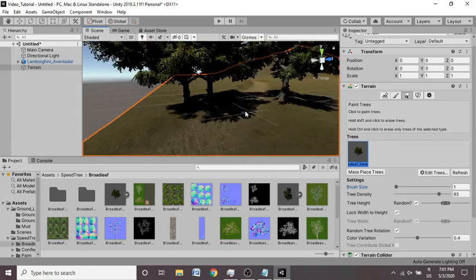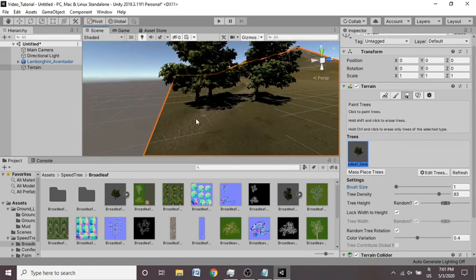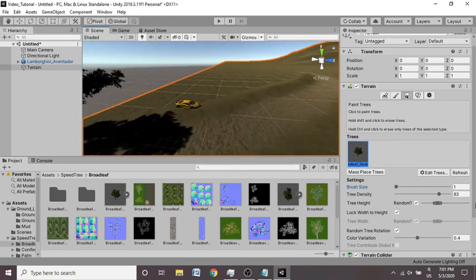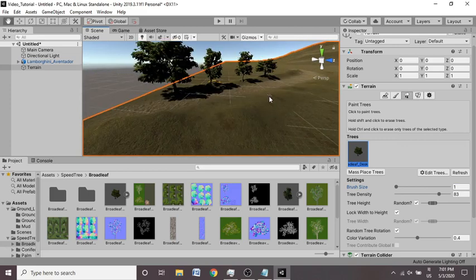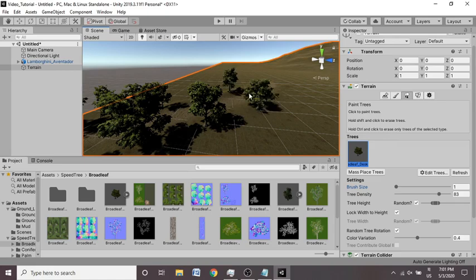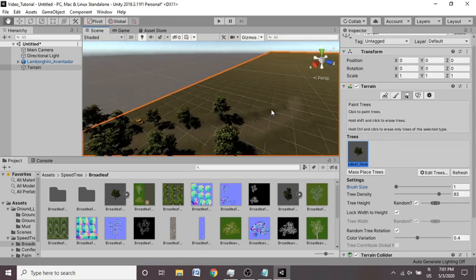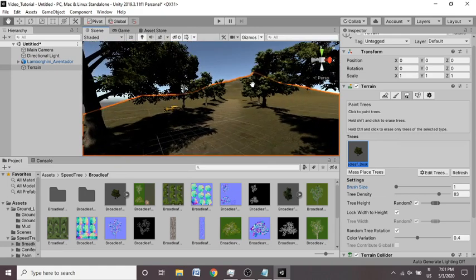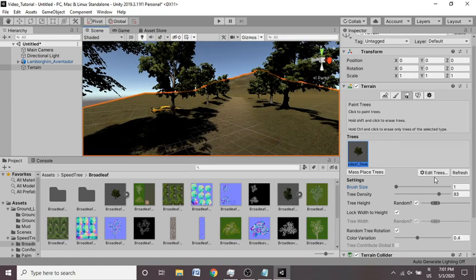the trees. But I think for this road, this tree is way too big, so just decrease the tree height to something like this, and you can start painting some more. Yeah, I think this height is completely fine. Okay, I'm just gonna increase it a bit more. Yeah, I guess this height is looking completely fine for a tree, and it has random rotation, so the trees will not look identical.